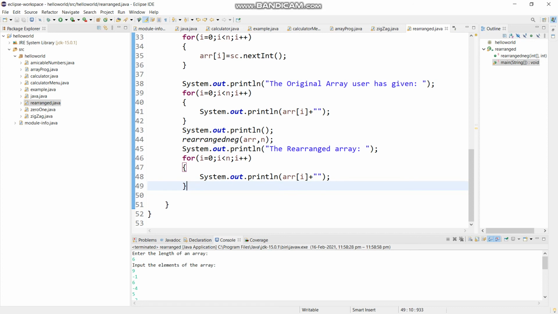Then we are going to write the for loop, because it can show you the replaced positions of the array, or you can say the rearranged array itself. So this rearranged neg is going to add the previous logic after this. So the rearranged array is going to show you inside the console when you run the program.